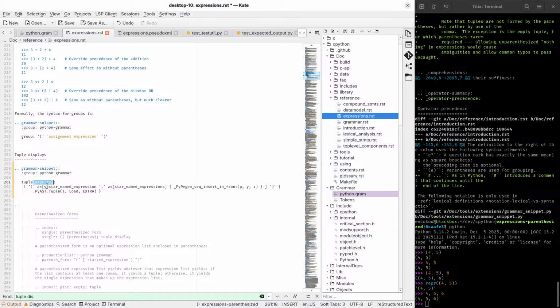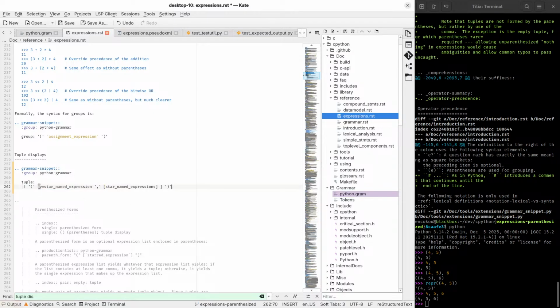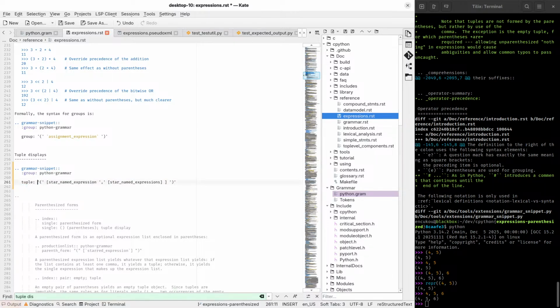So the type annotation for the syntax generator, the name of the variable that gets assigned in the parser, that's what's A and Z. Then there's this C code for the generation. We don't need that. There's more C code here, and we're left. Oh, there's one more name here, and we're left with parentheses, and then optional star named expression, comma, optional star